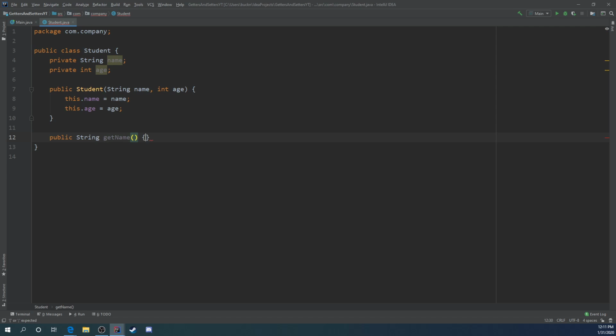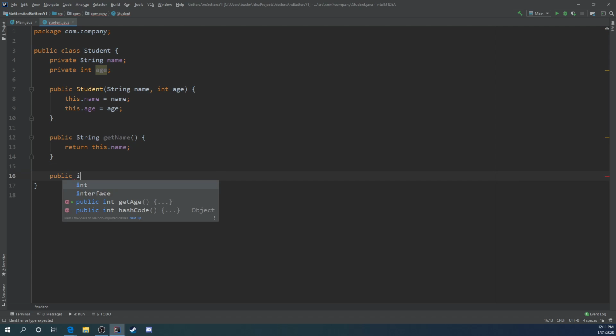We don't have to pass it anything, and then we just return this.name, and this is referring to the instantiated class that we're currently on. It's just being a bit more thorough. Alright, so that's the getter for the name. Let's create one for the age as well. Public int getAge,